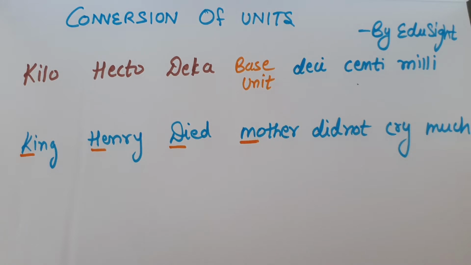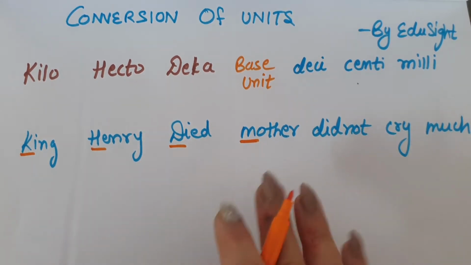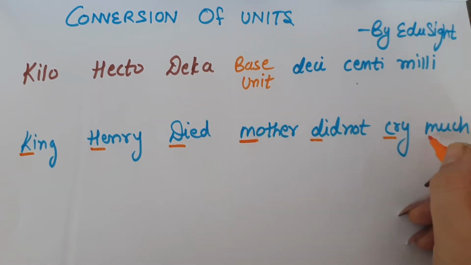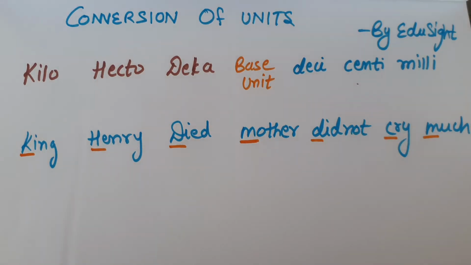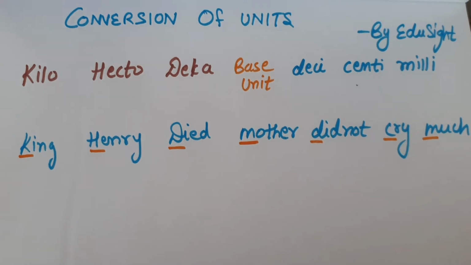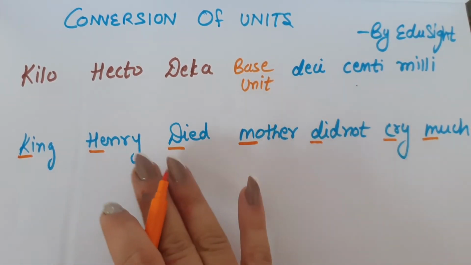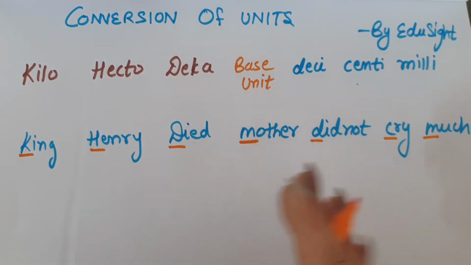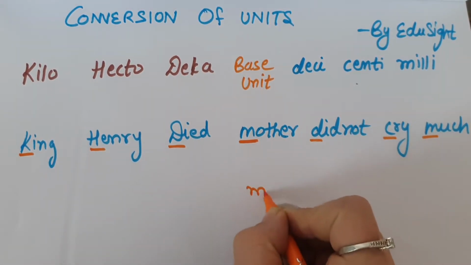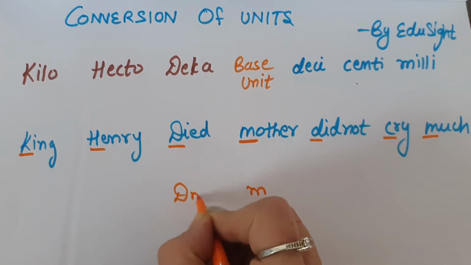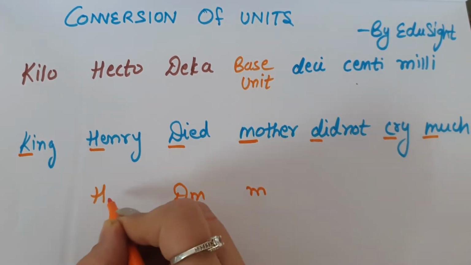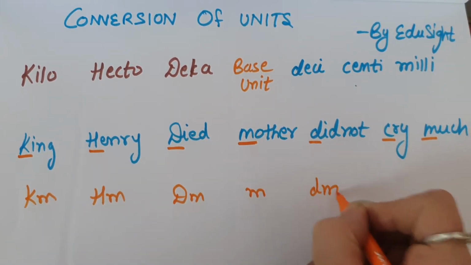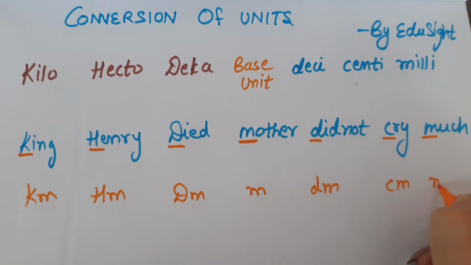This M is used for meter. Here this is made for meters. D for deci, C for centi, M for much. So this becomes easier to learn the sequence with this shortcut. Here we can use this for any of the units. Say for example M is for meter. Then this will be decameter, this will be hectometer and this will be kilometer. And we have decimeter, centimeter, millimeter.